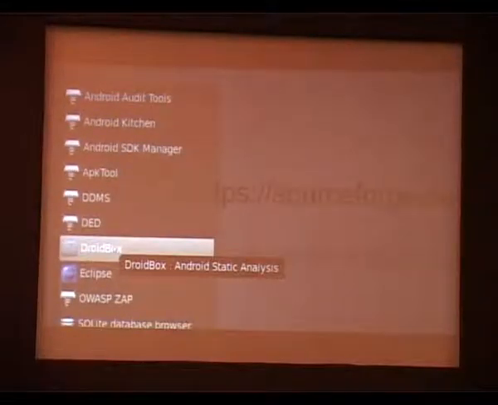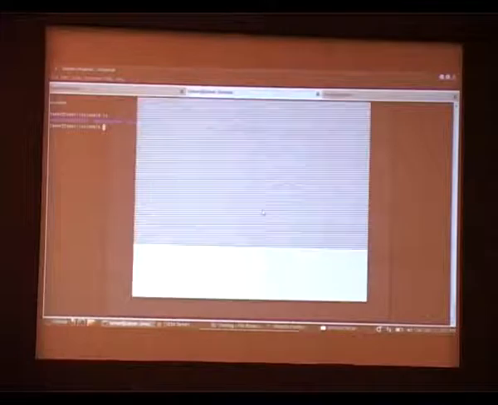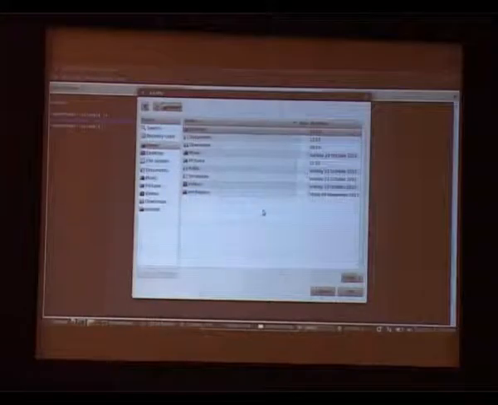These are available. DroidBox tries to come up with a single-shot approach wherein you start DroidBox and you are presented with a walkthrough. You just move ahead and see which AVD you want to start. AVD stands for Android Virtual Device, and then you select which APK you want to run. Once you select that APK, it automatically pushes the APK inside the AVD, runs it, creates a log, and comes out.